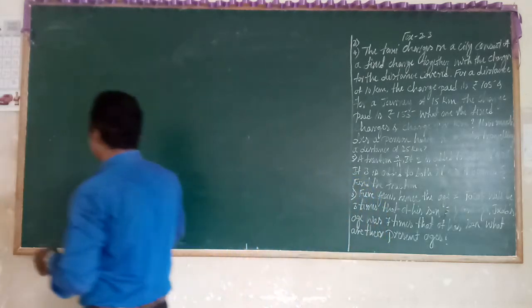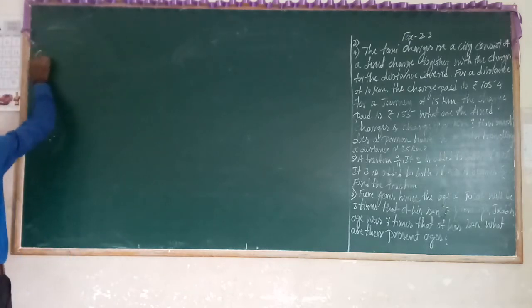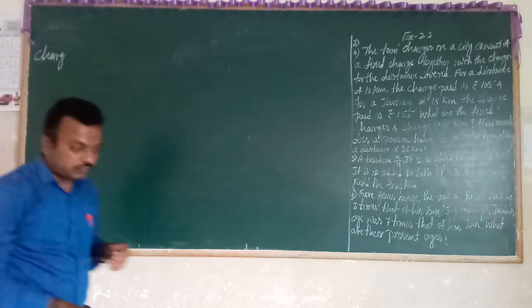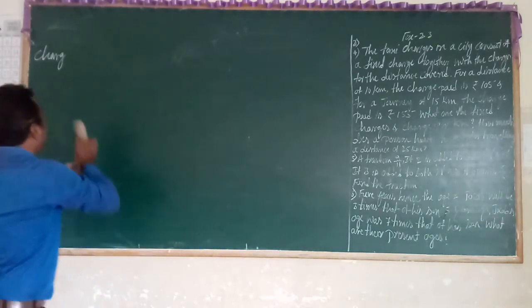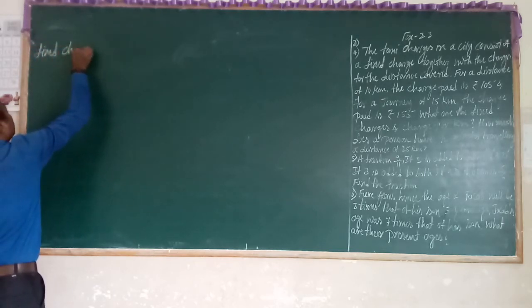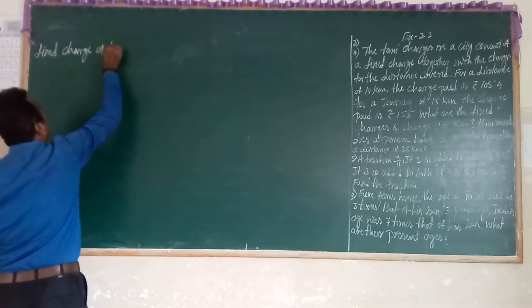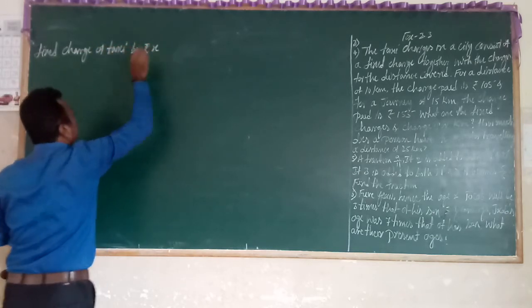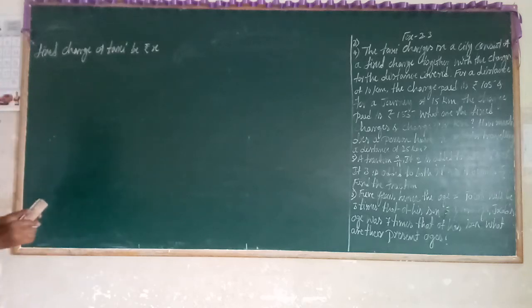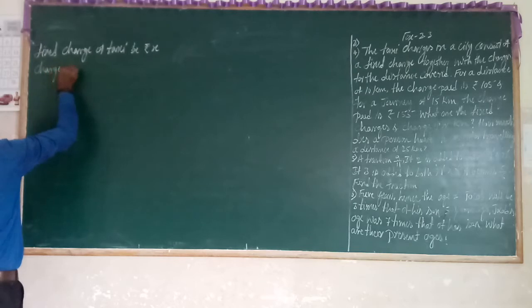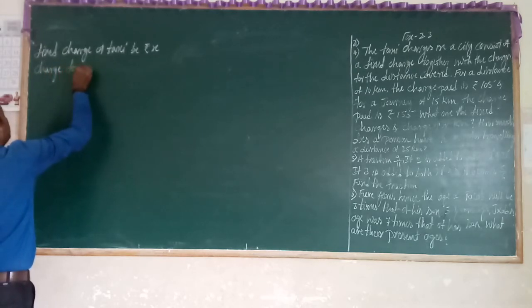Let us study. See, the fixed charge of taxi, you want to write, fixed charge of taxi be rupees X. Let us take the fixed charge as X. Next, the charge for each kilometer